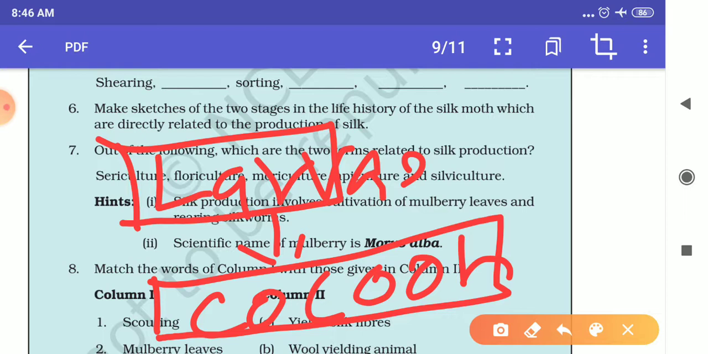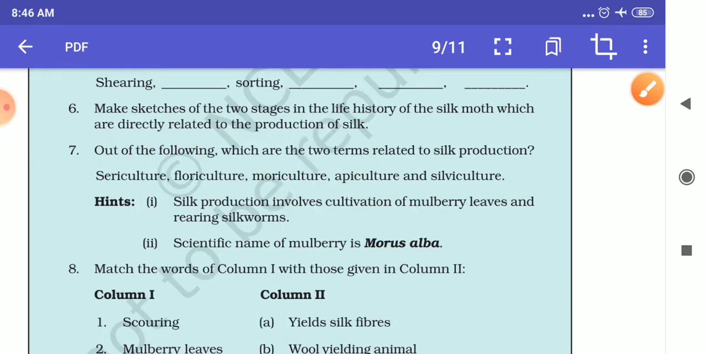Those two stages you have to draw. Already I have provided you the life stages, the picture of the life stages of a silkworm. From there you can draw it. It is already given in your textbook also. The next question is,